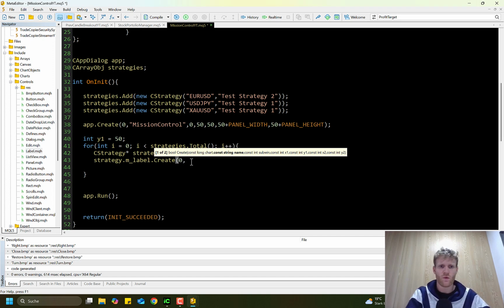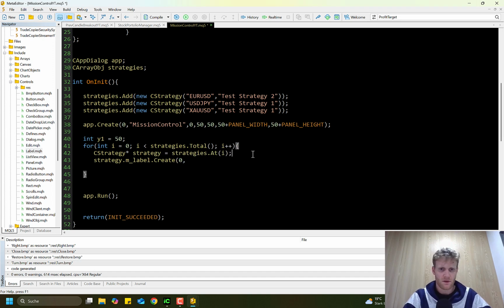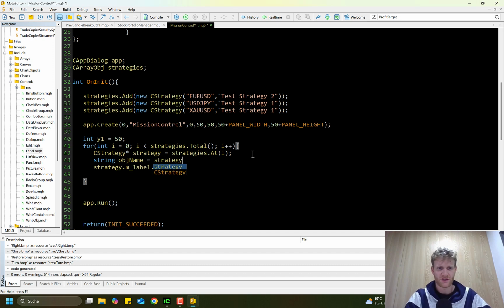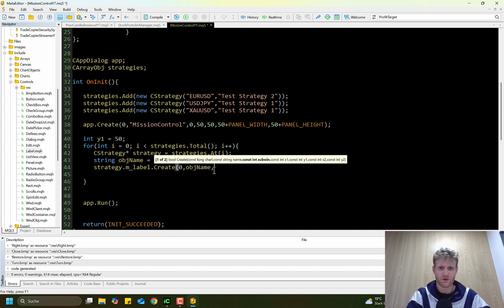The name will be, let's just use a combination, which will be strategy m symbol plus strategy m strategy. So we will need this object name for the label, sub window is 0, and